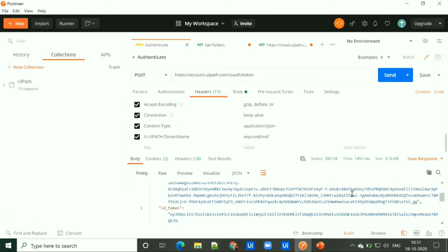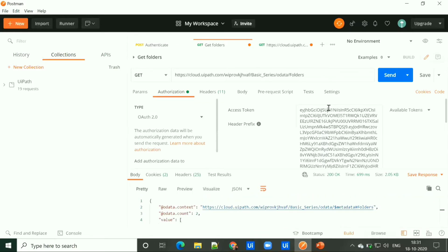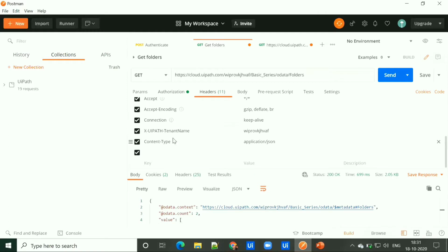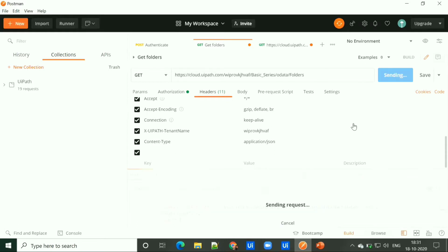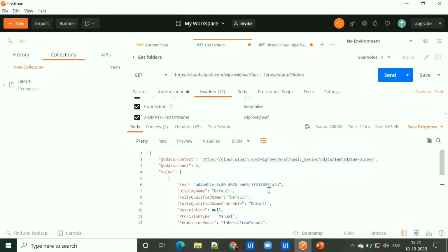Simply copy it and paste it here. Then in the header section, you need to pass the tenant name and the content type, which is application/json. If you click on send, you will get the folder ID.